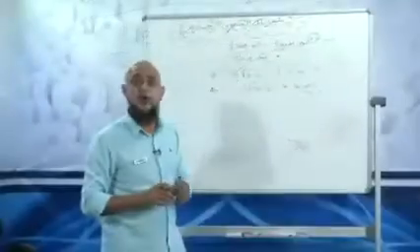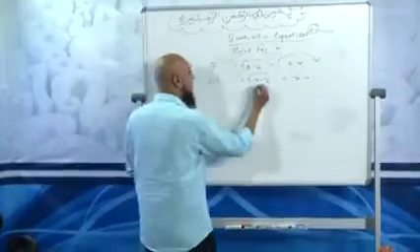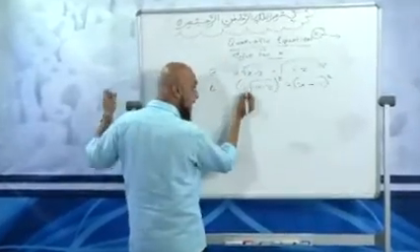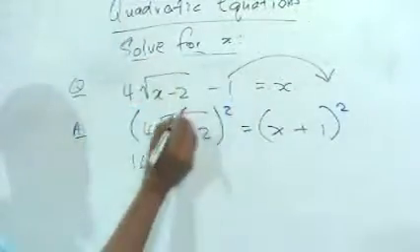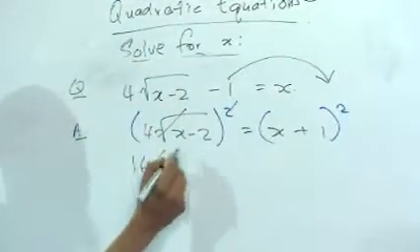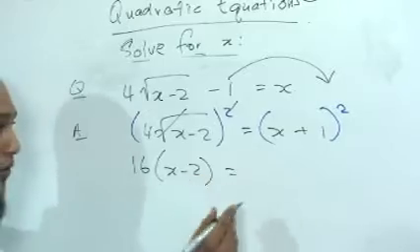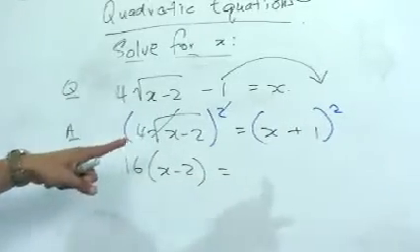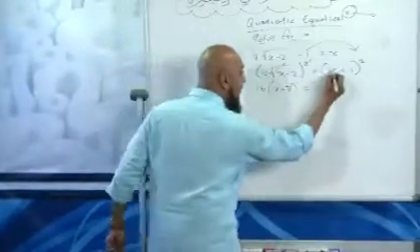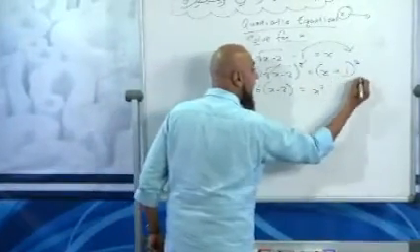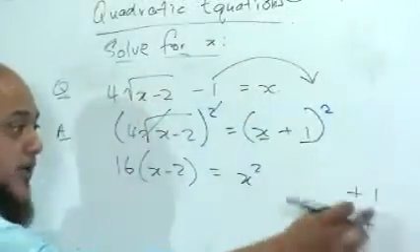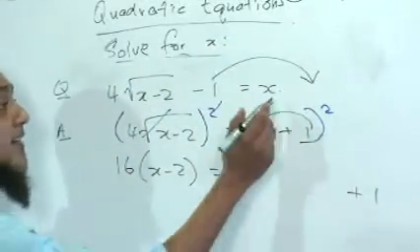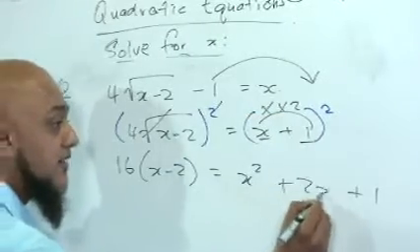Now we need to square both sides. So we square this side, we square the other side. So be careful. 4 squared, 16. Square and square root will cancel out. What am I left with? x minus 2 is equal to, remove. We are squaring a binomial. It's not x squared plus 1. Square the first term, x squared. Square the second term, plus 1. 1 squared is 1, not 2. Multiply the 2 inside the brackets, 1x, and times it by 2, plus 2x.